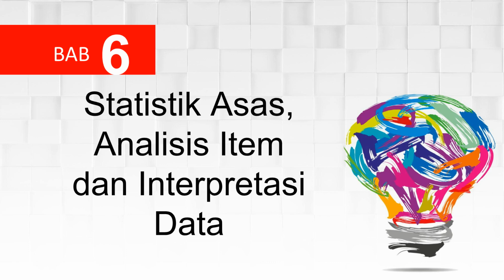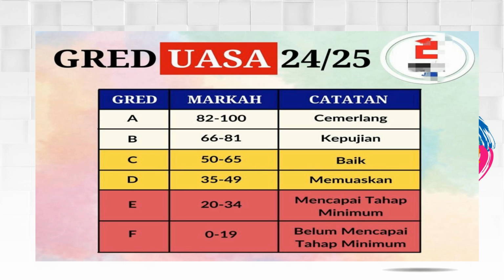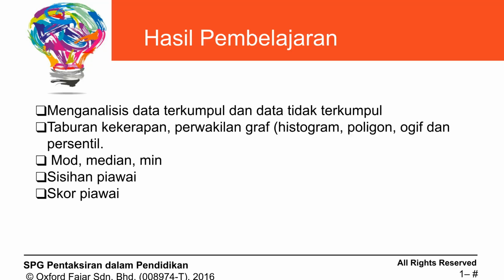This video will cover basic statistics, item analysis, and data interpretation, outlined in Chapter 6. Here is an example of the grading scale used in the UASA 24/25, showing the marks and corresponding notes for each grade. The learning outcomes for this chapter include analyzing grouped and ungrouped data, frequency distribution, and graphical representations like